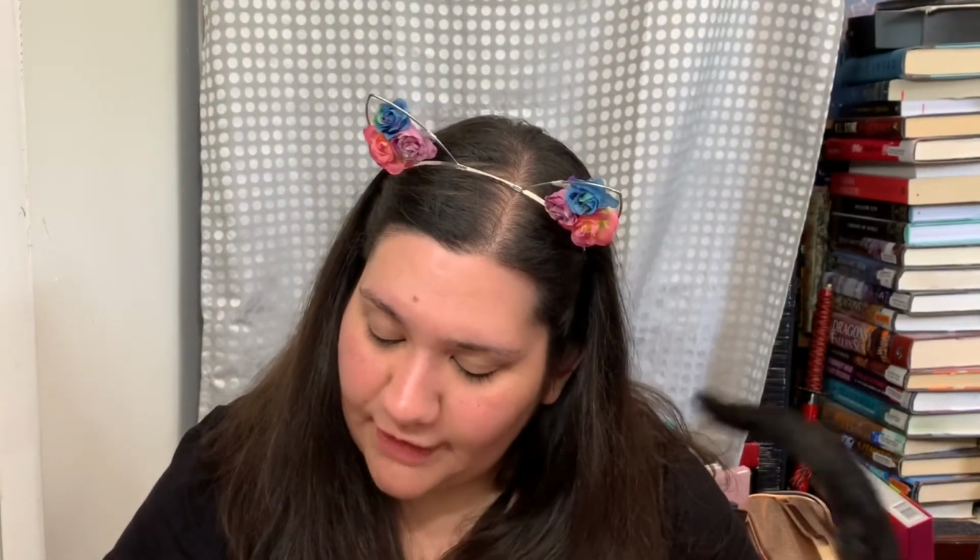Last thing in here is from Wonder Beauty. It is the Wondrous Seascape eyeshadow palette. This is actually carmine free, so go Wonder Beauty. It's the Wondrous Seascape eyeshadow palette. The Wonder Beauty